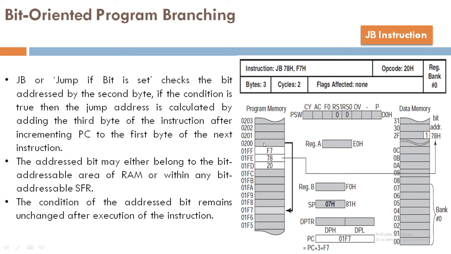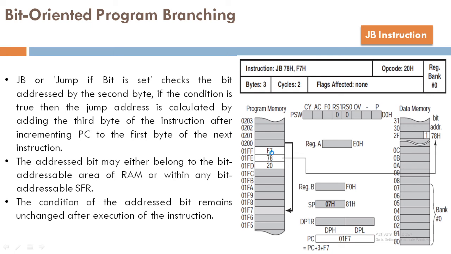So what we get here is the main thing: after the execution of 20, the controller has 78, which will be treated as the bit address, and it will reach that particular location and find out the content there. If it is 1, then the jump is executed, and the jump depends on the value given here, that is the value given across 01 FF. So it all depends on where you want to make it jump. You have to change this particular content as per your choice.